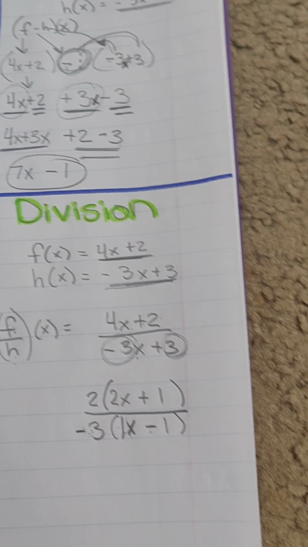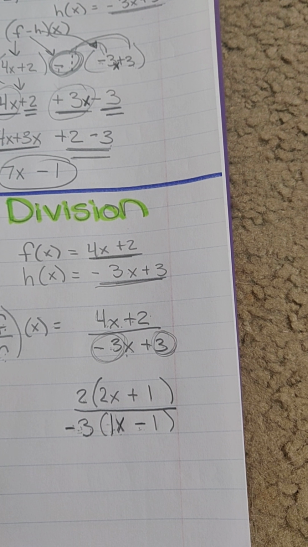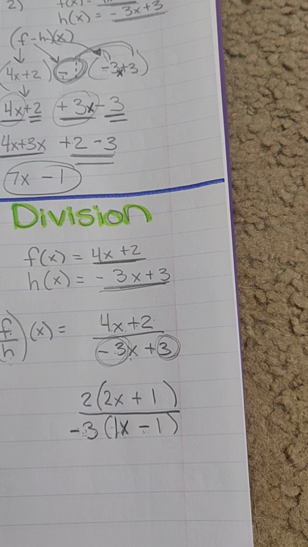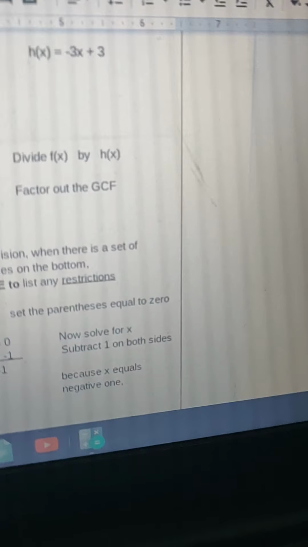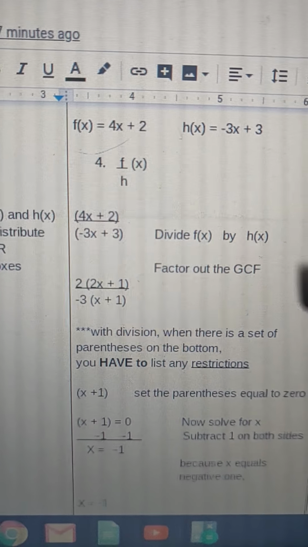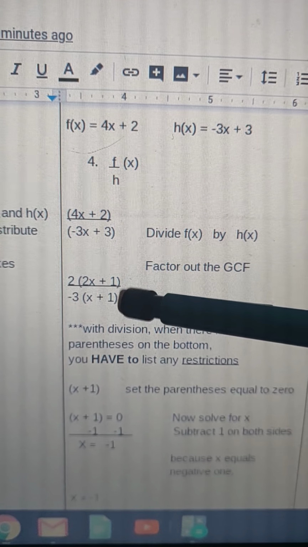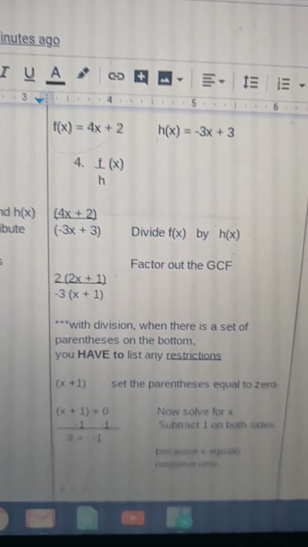With division, we have something that's called a restriction, and it's only with division. And I'm going to switch over to the Google Doc really quick because it'll make more sense looking at it here. So whenever we have a set of parentheses on the bottom, and that's actually supposed to be a minus